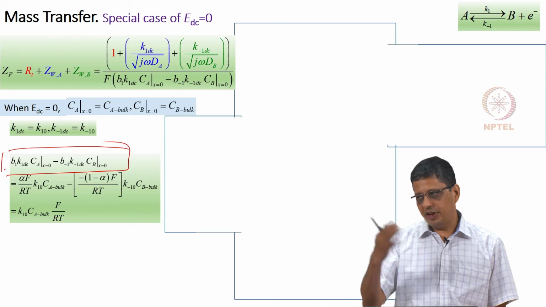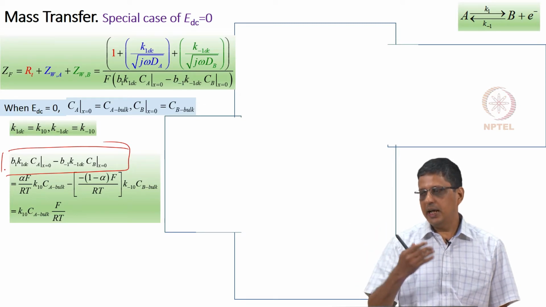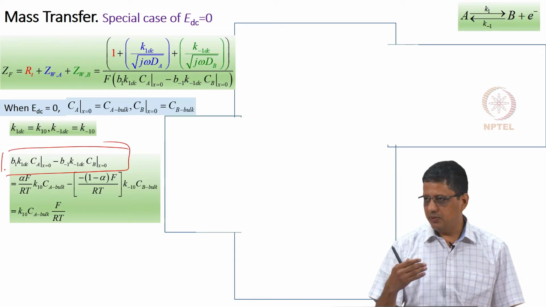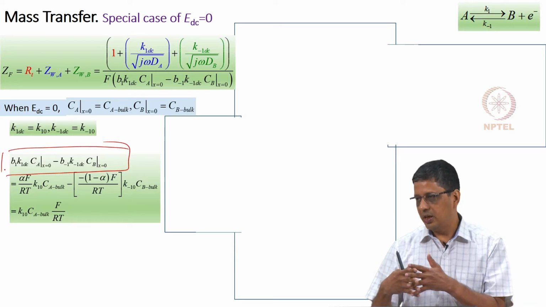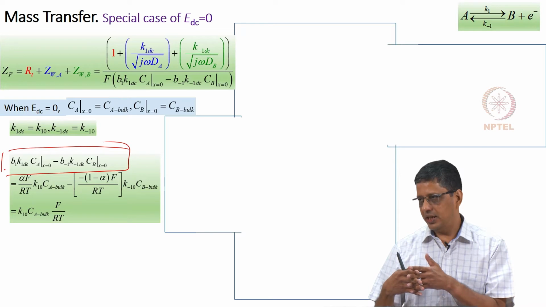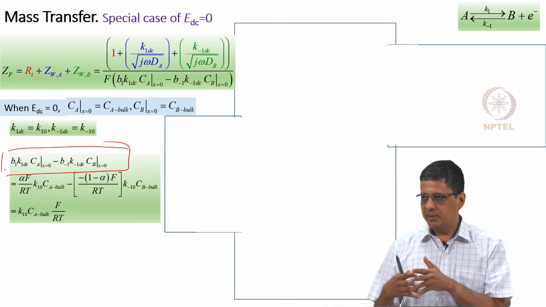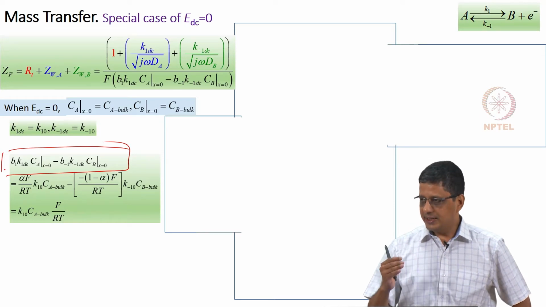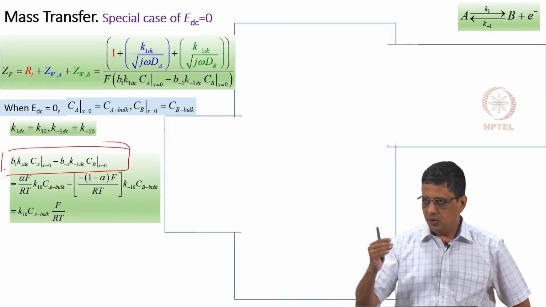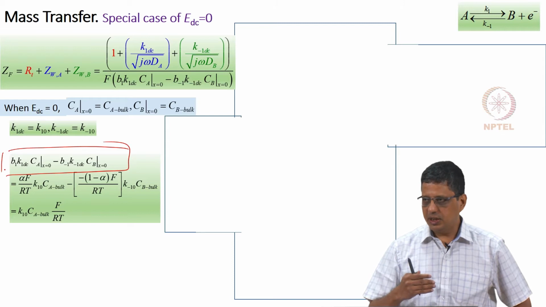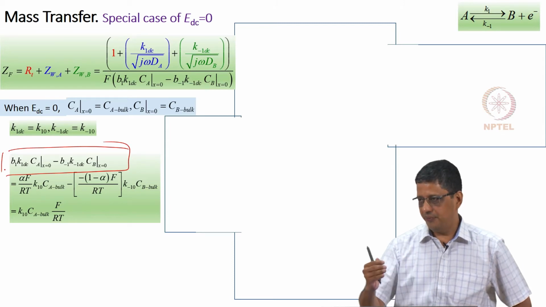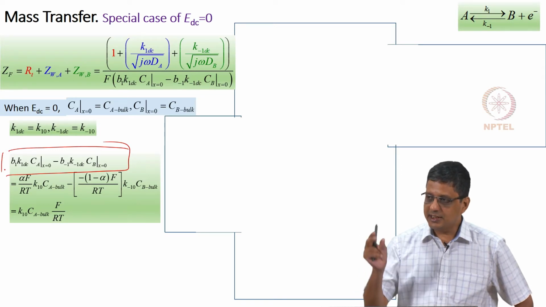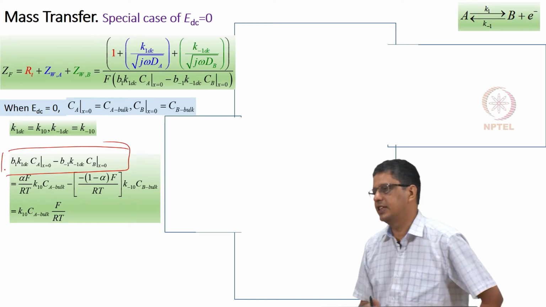You can have two different reactions, A going to B and C going to D, and still one of them may give positive current, another may give negative current, and you may get net current to be 0, not net reaction. That is a different case, but here we are considering A going to B and B becoming A. We can say that we are going to apply a positive potential or negative potential. When you shift away from the equilibrium here, we can get steady state condition as long as the boundary layer thickness is restricted.